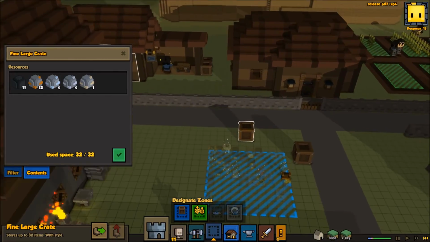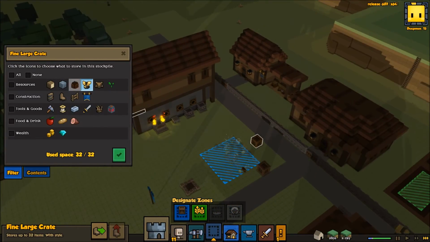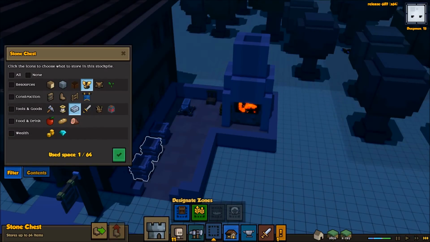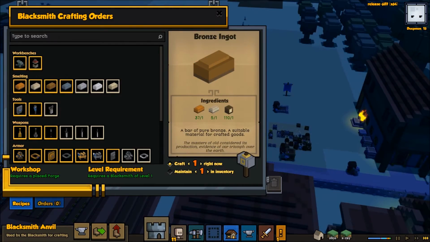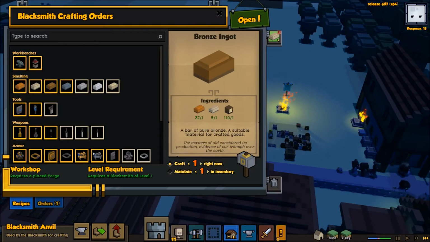A fine large crate. What has ore in it? Oh gosh. We actually don't need it in there though. That can all go over here. Plenty of space. Speaking of which, we need to check back in on our blacksmith. So I'll give us 6 so we can make